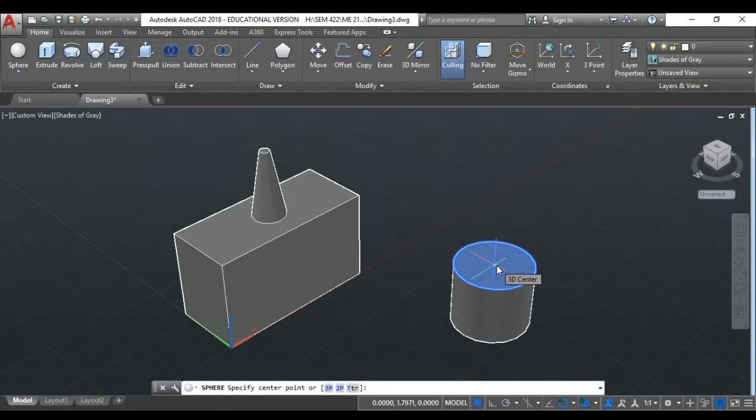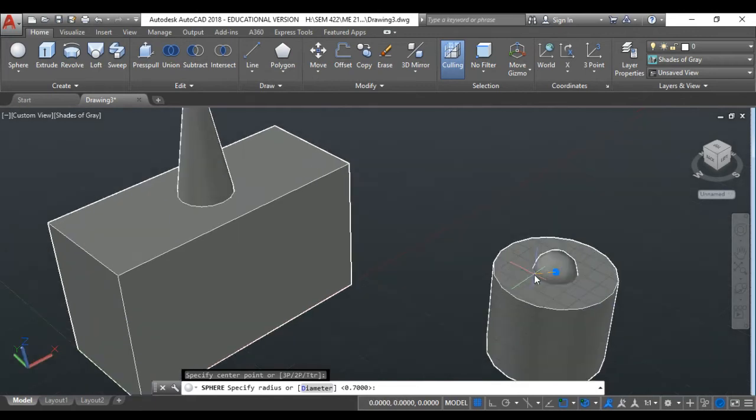Maybe I want to draw something like a mosque, and I want to make a dome above this column. So you can just decide to locate the center of your sphere in the center of that face, and then you pick it. You want this diameter to be exactly the same as that diameter. If I don't have information about the original diameter, I can simply go to properties and take it, or